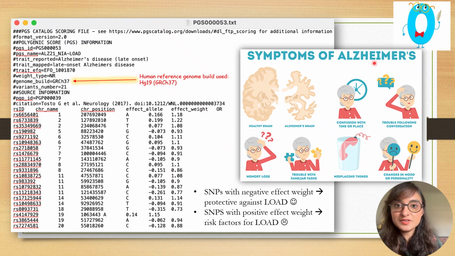Having one copy increases the risk, having two increases the risk even more. But APOE isn't the whole story. Hundreds of other SNPs across the genome contribute small effects. I was just showing a very simple example here, just 21 SNPs. These SNPs are discovered in genome-wide association studies, GWAS, where scientists compare DNA from Alzheimer's disease patients and